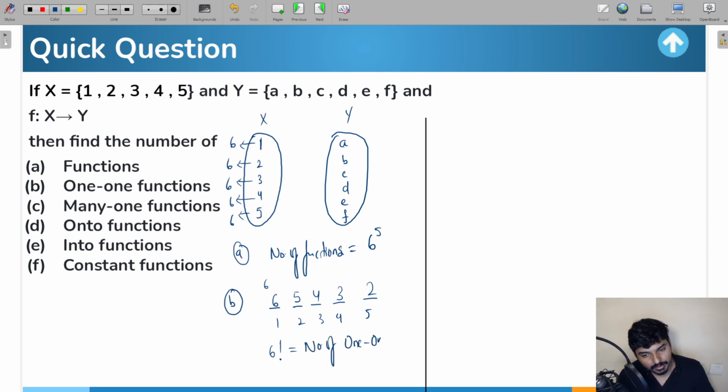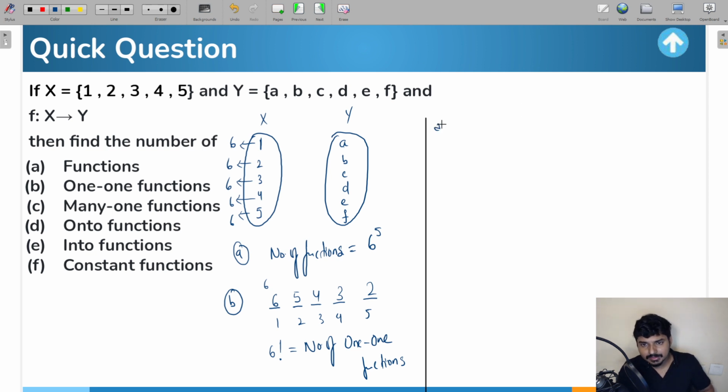which is going to indicate the number of one-one functions. So to calculate the number of one-one functions, just relate this concept to calculating permutations where repetition is not allowed. How do you calculate the permutations, guys? How do you calculate nPr? Just apply that concept. You can easily find out the number of functions.